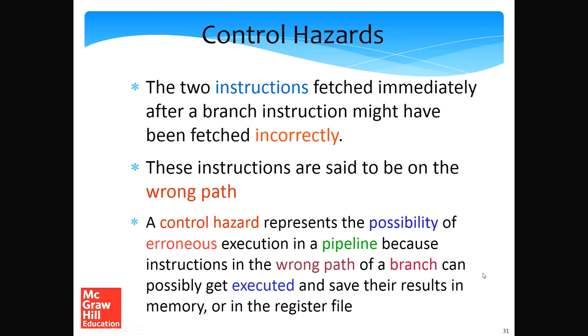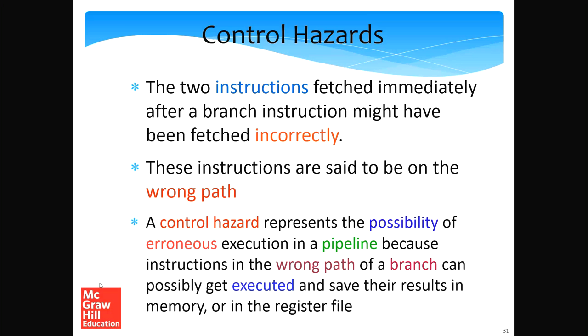Let me now explain once more what a control hazard is textually. The two instructions fetched immediately after a branch instruction might have been fetched incorrectly if the branch is a taken branch. So these instructions are said to be on the wrong path, right? Basically, if these instructions need to be cancelled later, then they are known to be on the